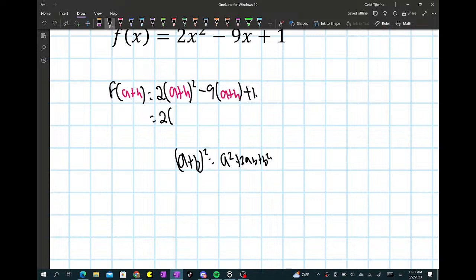It's going to be way better if you remember them, because if your algebra and trig is pretty rusty, I would really recommend that you practice this a lot, because calculus has a lot of algebra and trig. Okay, so this is going to be a squared plus 2ah plus h squared